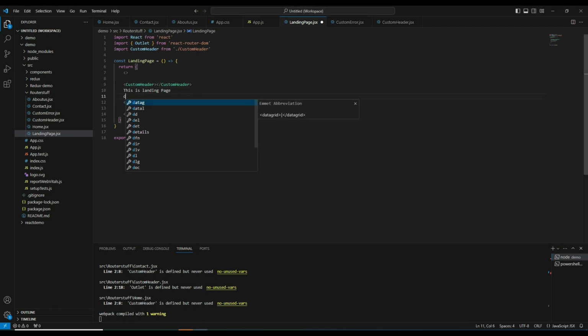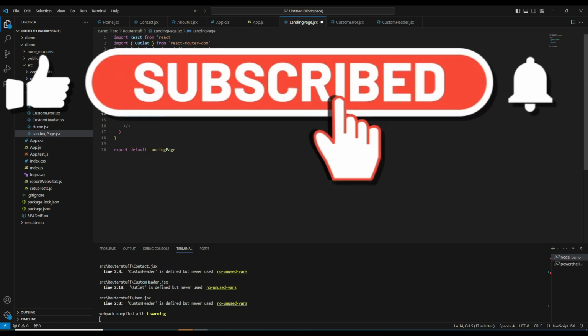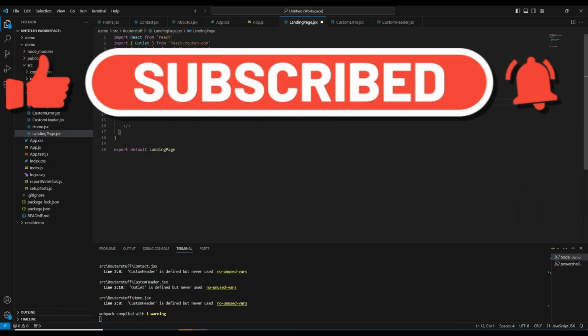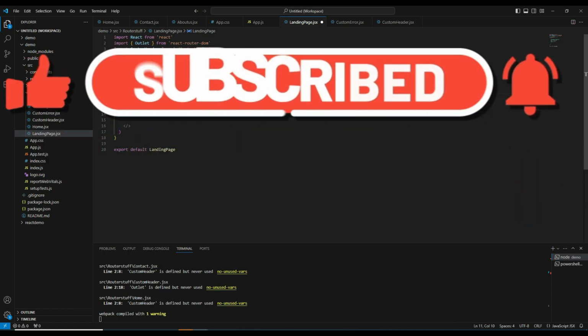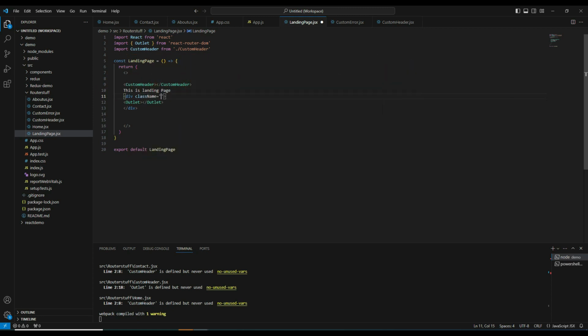Let me do one thing. Here I will declare one div, and inside that div let me put this outlet. Let me also add some CSS. I am giving the class name outlet.